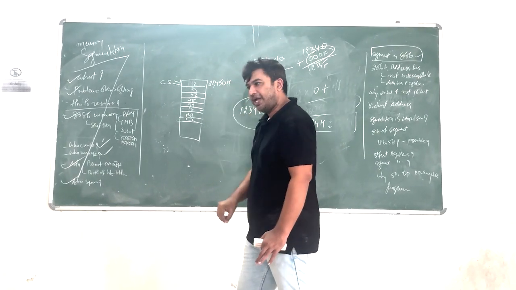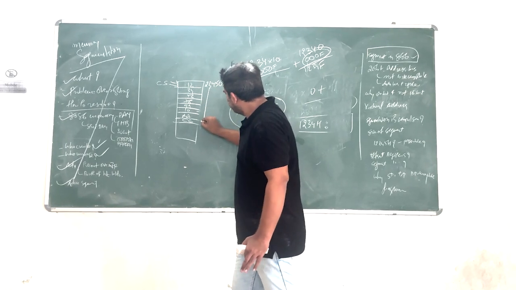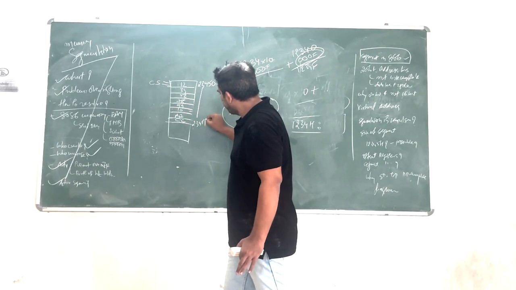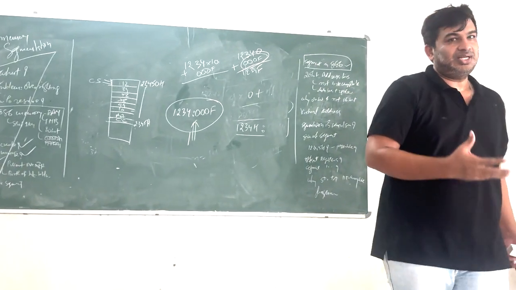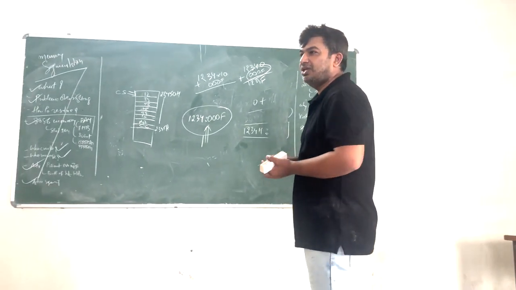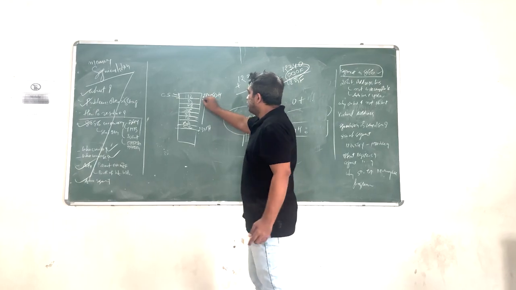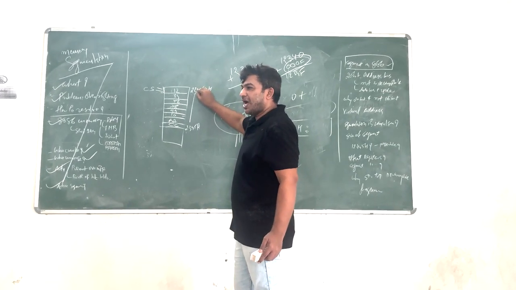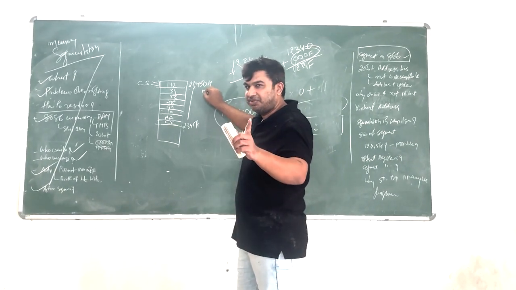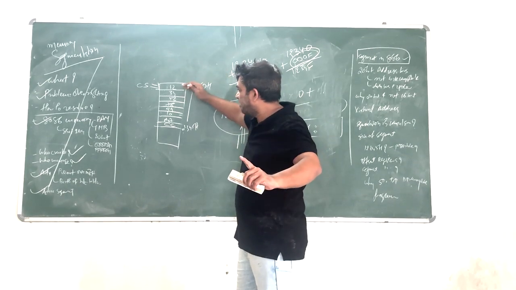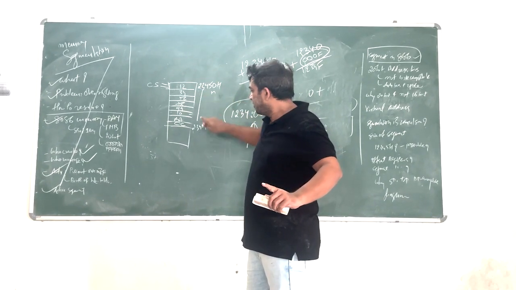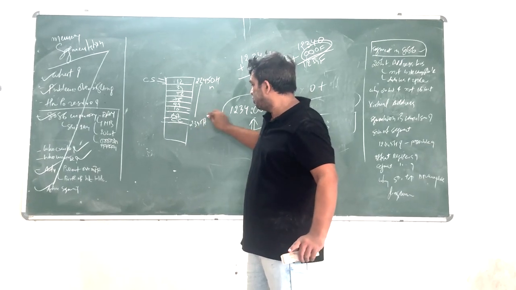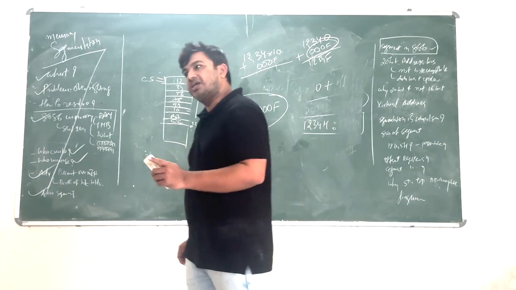Now suppose the same segment starts at location 23450H and this location is 23458. What is your segment address and what will be your offset address? 2345H, only the 16-bit number, is my segment address. My segment starts on this location. And my offset address is 0008. Get it?